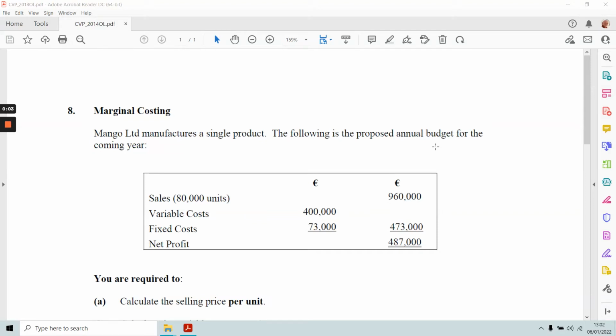Hi, we're going to look at marginal costing, also called cost volume profit analysis, CVP. It's a cost and management accounting question. That's worth 80 out of 400 marks, or 20% of the Leaving Cert exam. We're just starting that section of the course now, and the first thing I suppose we have to remember is